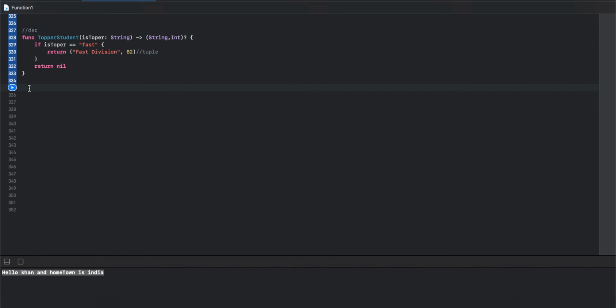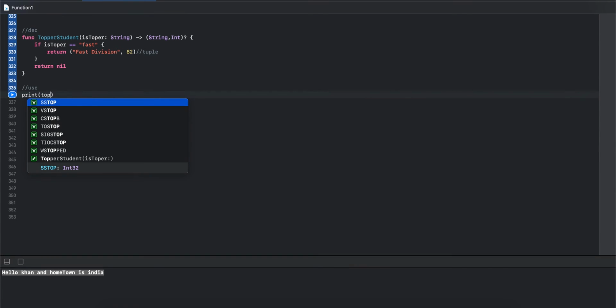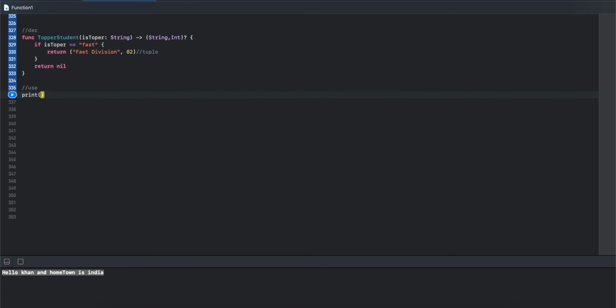Then we are going to create a print statement, topperStudent. Then we are going to create first. This is the string, a match of our string. We can use nil.